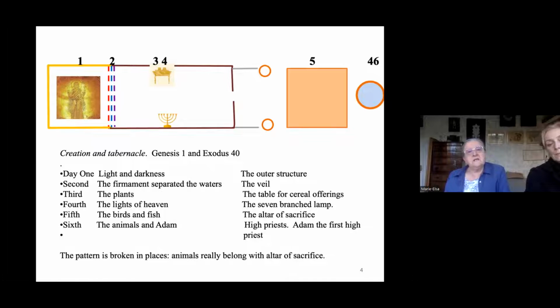And in the assembling of the desert tabernacle, which happens at the end of Exodus 40, this is the very stylized account of how Moses assembled a place of worship in the desert. This corresponds to setting up the outer structure of the tabernacle, which was replicated as the temple, much bigger, obviously, in the temple. What you have to bear in mind is that the people who wrote up the account of